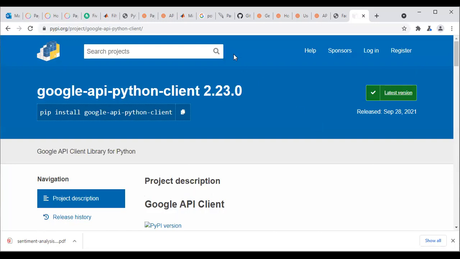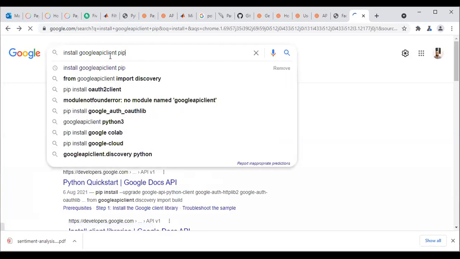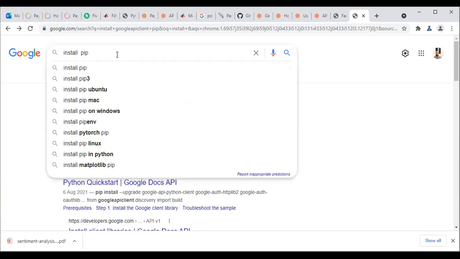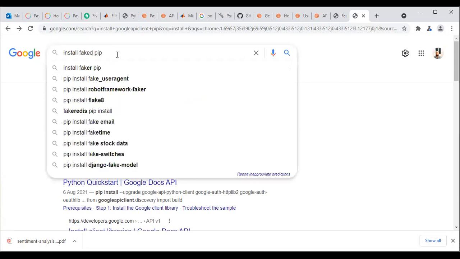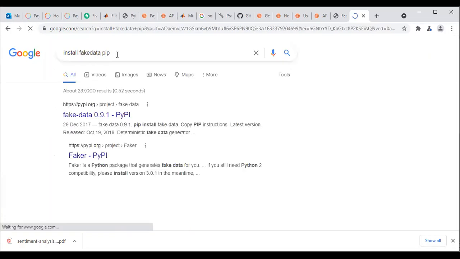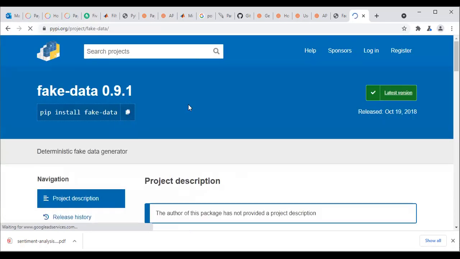Okay. If I want to download this particular library, I've come here. I want to install the Google Client API library. You understand? It might not be the Google Client API library, it might be like I want to install the Faker library. Something like this. So you always get these pip sites, so you always go to their sites, Faker. I don't even have this library, so you can just copy.